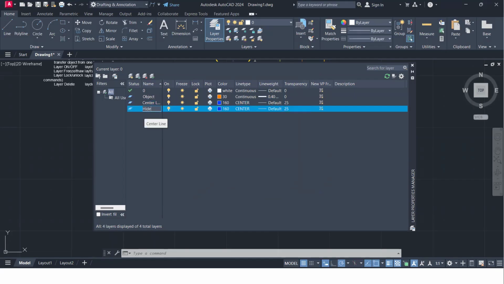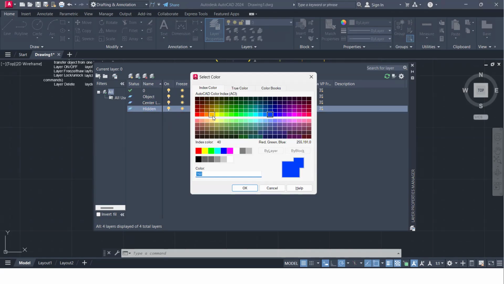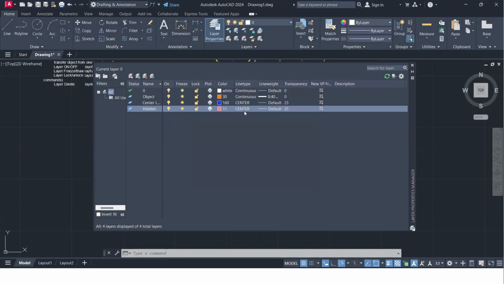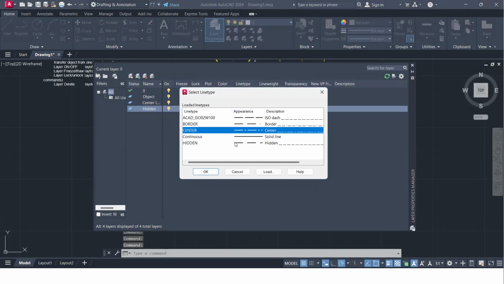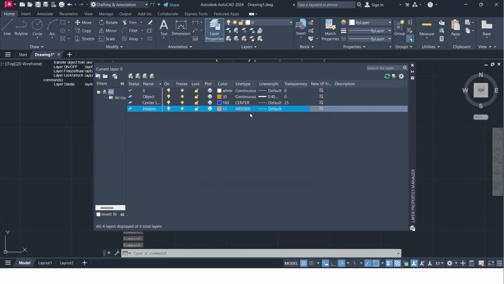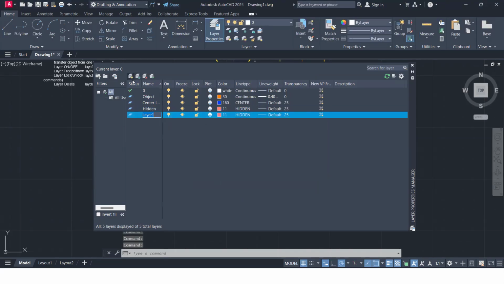I want to keep here for hidden line. And for hidden line, I use hidden line as symbol, this. Okay. Wherever you want to apply the hidden line, I use this color of the hidden line. And then you can select here is your hidden line. Okay. Just click on it. Default, and apply the 25% of this part. Then